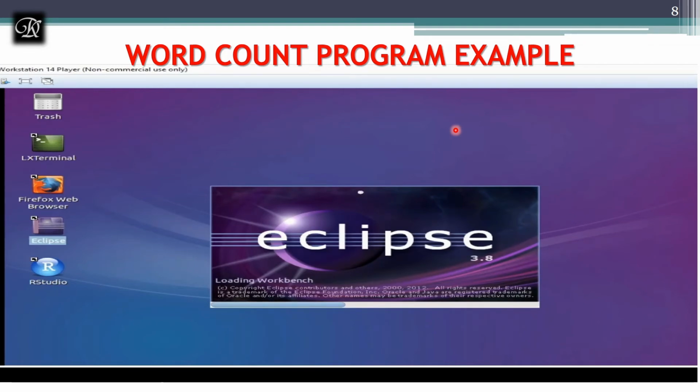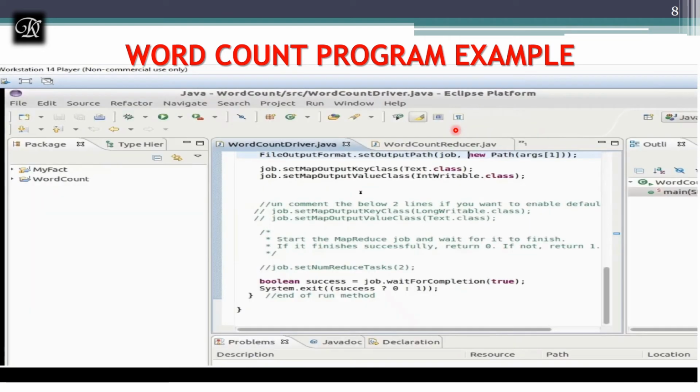Even using Eclipse you can do it, and I'm using Eclipse because most companies in production go with the Eclipse IDE. So that's why I go with it too. And it's easy to work with IDEs rather than with the command line. And this is what I was talking about here.